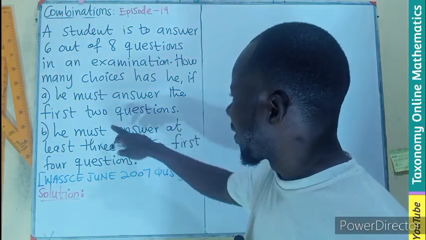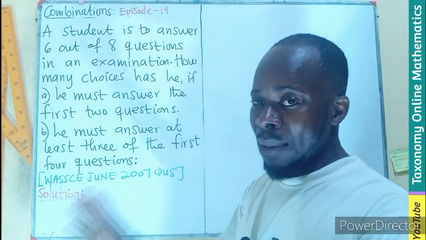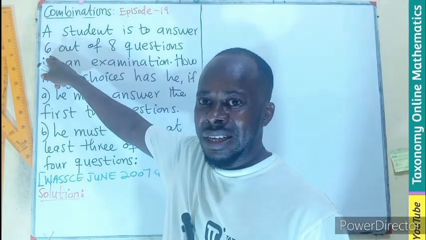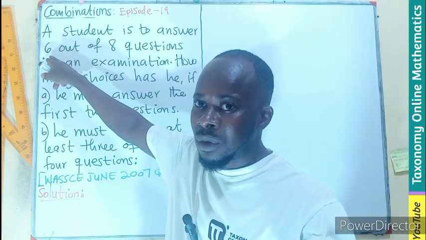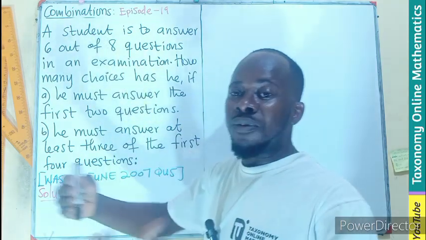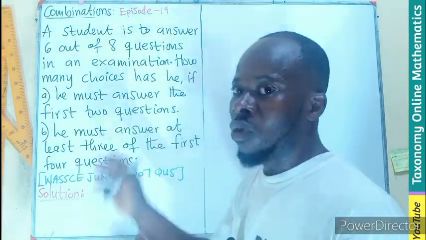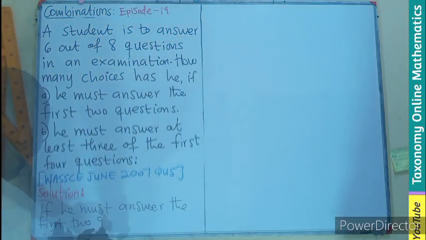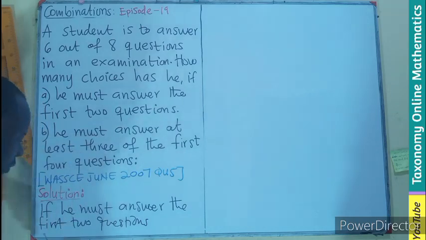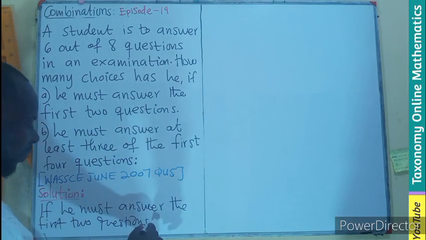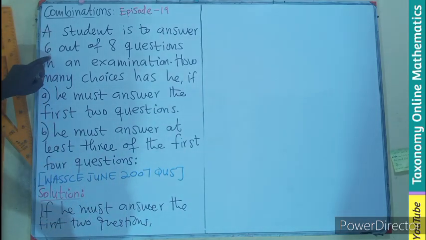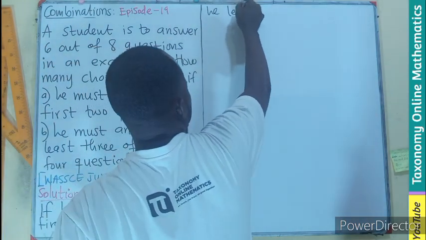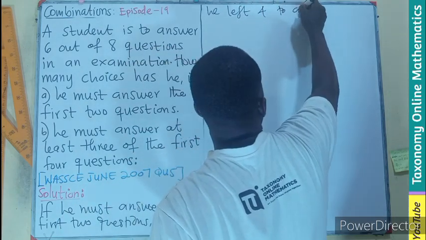Now, if you answer the first 2 questions, which become compulsory, then it means that you are left with 4 questions required of you to answer. And these 4 questions will not be selected from 8, because 2 are gone. We are no more having 8 questions left. So let's make it this way. If he must answer the first 2 questions, then he is left with 4 to answer